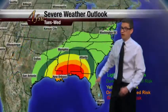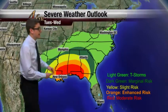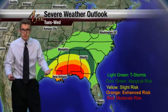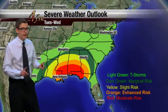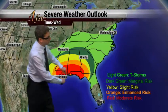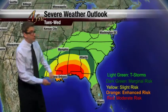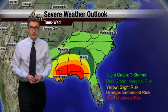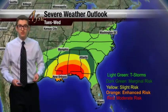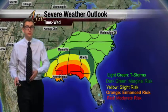Now let's break down what the Storm Prediction Center is showing across the southeast right now. We've got the light green, which indicates those thunderstorms. Thunderstorms are a possibility, but really what we want to point out is this red. This red is the moderate risk area, and this is all throughout the southeast, including the Panhandle, and this does include western Leon County. Now, moderate risk does indicate a very high chance for severe weather, including tornadoes, hail, and